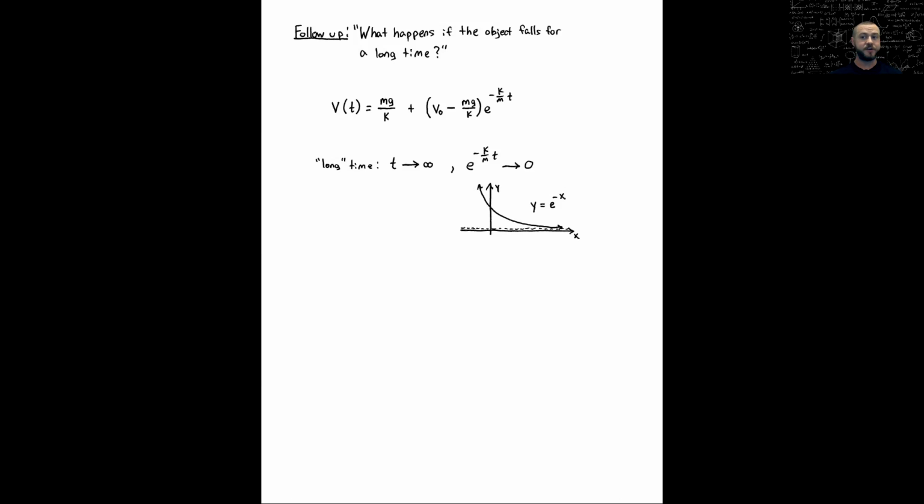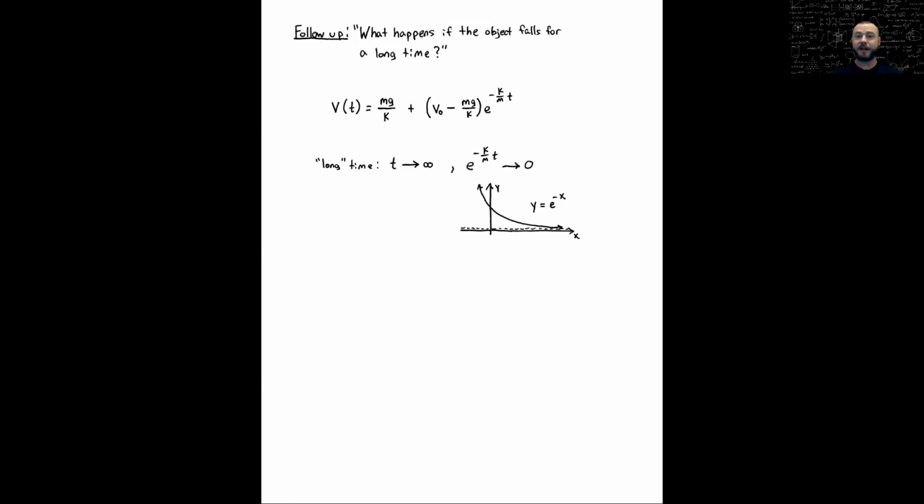Now, let's suppose you didn't know that was going to happen. Let's suppose you were a differential equation student. Maybe you're about to jump out of a plane. Don't do that. And you would want to know what happens if you fall for a long period of time. Now, mathematically, long periods of time, that might be when time, or t, approaches infinity,